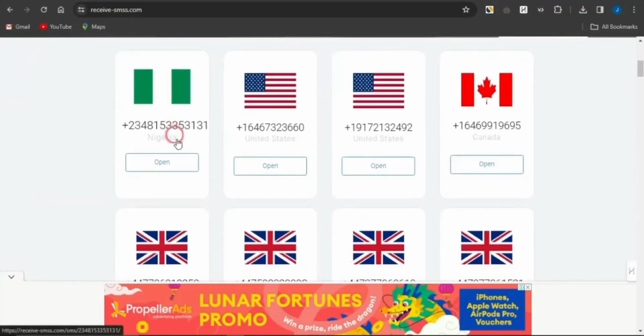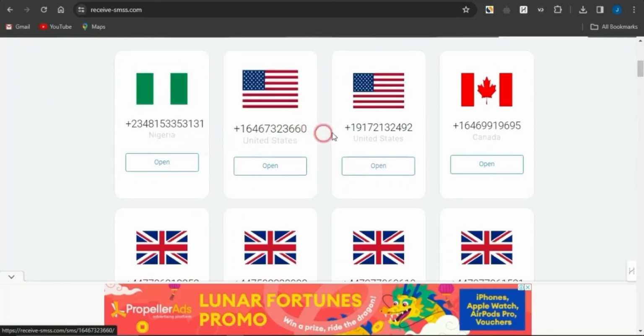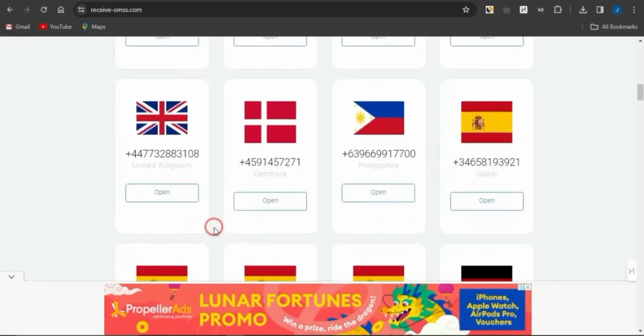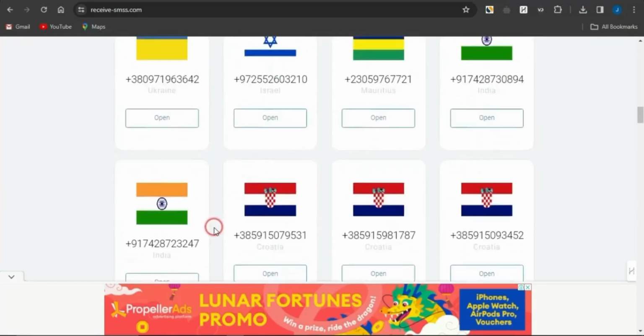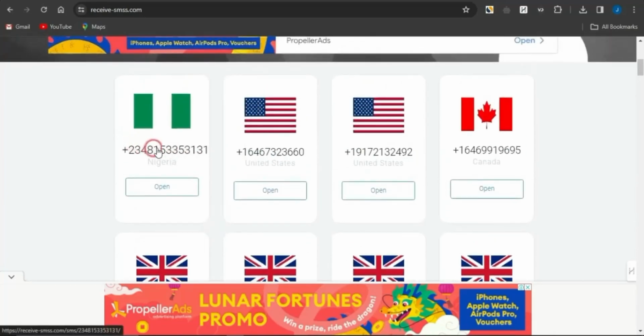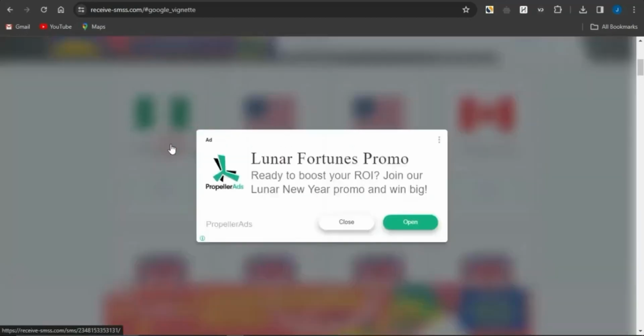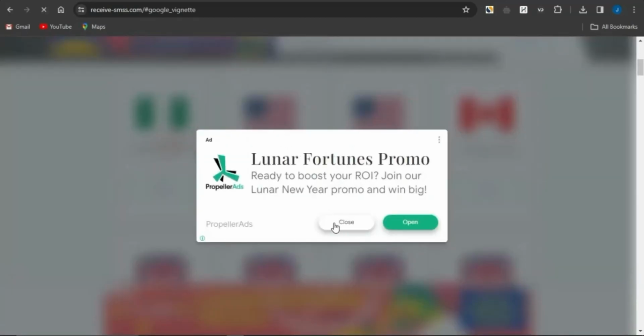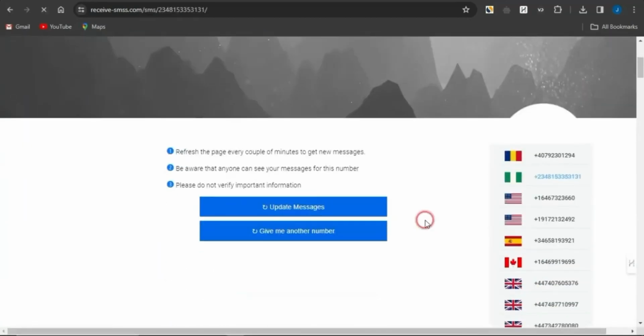around the world. You can see you could get phone numbers from Nigeria, United States, Canada, United Kingdom, and the list keeps going on and on. You could select a phone number. Once you do that, you'll be brought to this page. See right here that a lot of people are using this phone number and they're actually getting messages with this